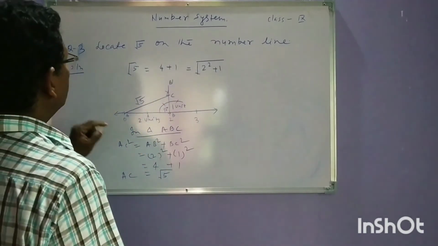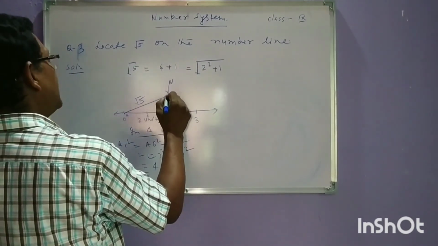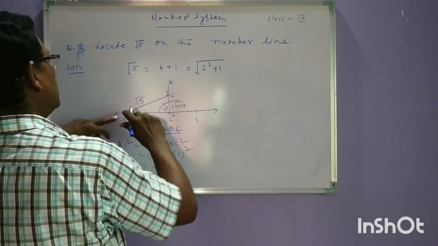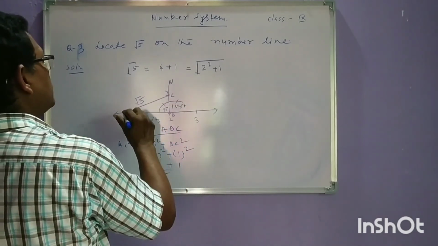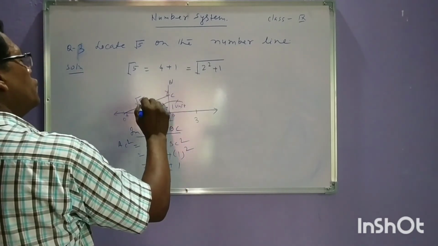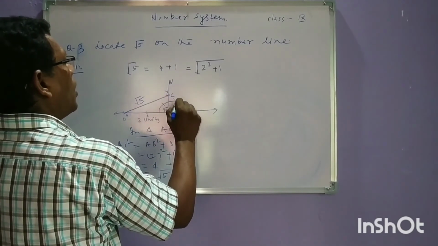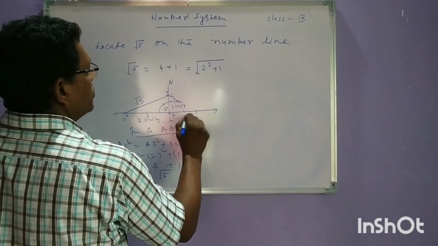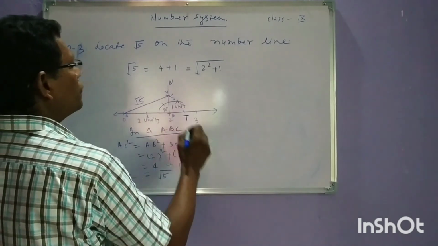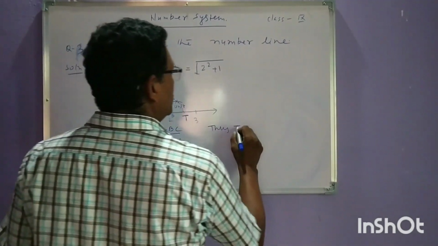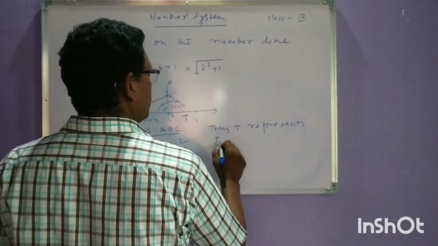Now, with the help of compass, A as center, we measure the distance AC and draw an arc of radius AC, that is root 5, which cuts the number line on a point, say T. So this T point represents root 5, thus T represents root 5 on the